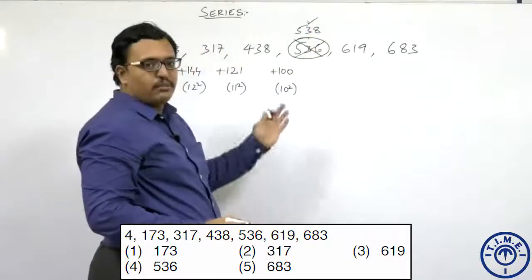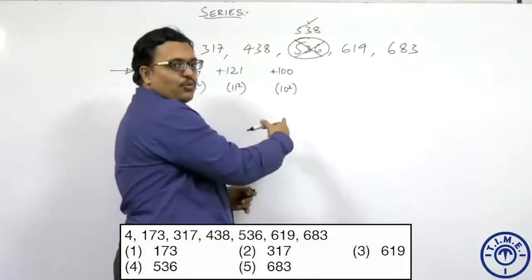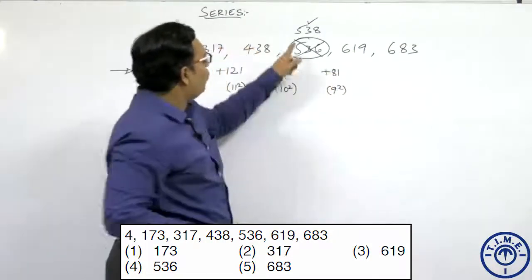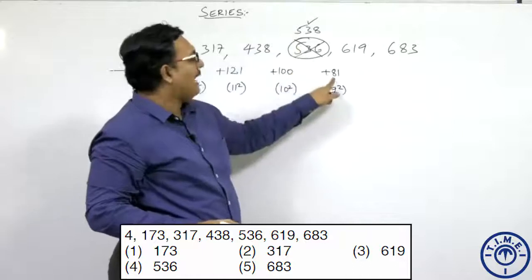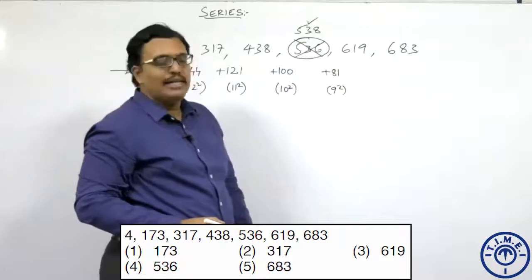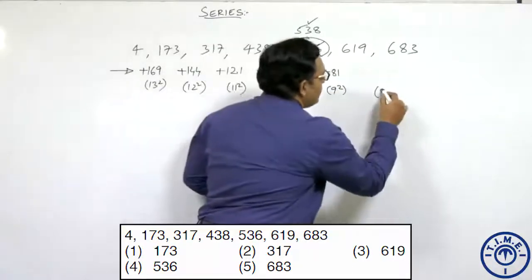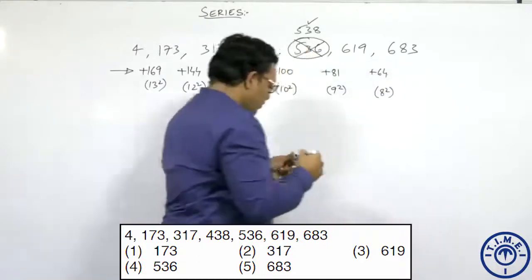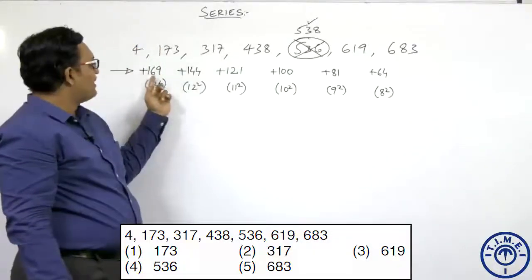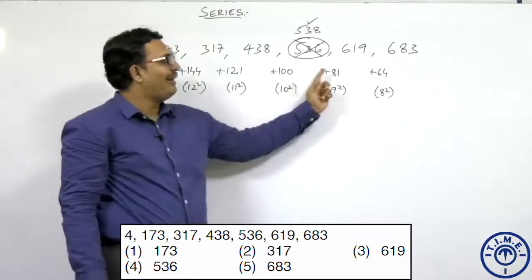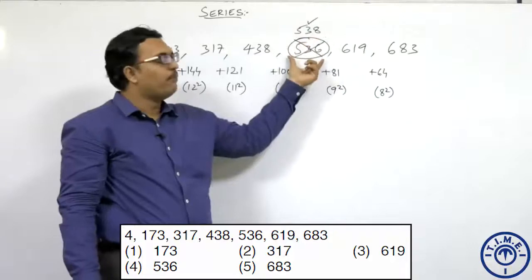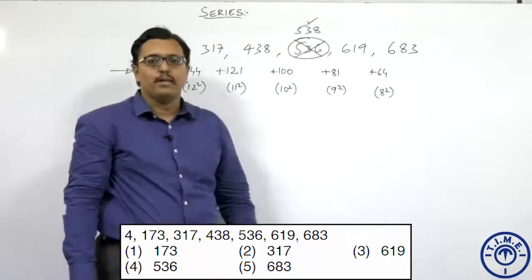So once you identify the right number, check one more number. Okay. So now it is 10 square. Now what is the next I have to have? It is 9 square. What is 9 square? 81. Now 538, you have to use the right number and add the difference here to get the next number. 538 plus 81, you are going to get 619. So similarly after this, this is 8 square, which is nothing but 64. So here the difference is nothing but in the squares of the numbers. So 169, 144, 121, 100, 81 and 64. So 438 plus 100, you are going to get 538, but the number given here is 536, which is the wrong number in the series.